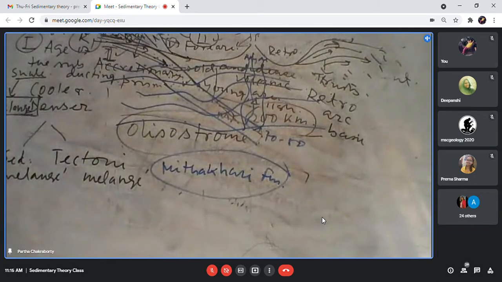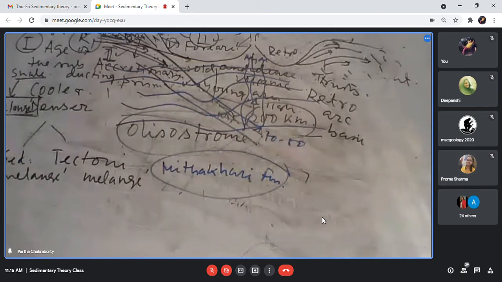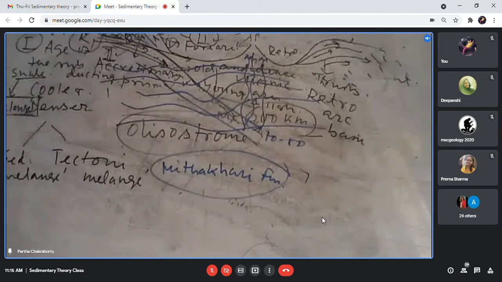And how will magma not come out? Unless there is volcanism, how will magma come out? Isn't it? Yes, sir. So I do not know. See, I am not an igneous petrologist, so I do not know the answer. You people will tell me the answer, how mid-oceanic ridge ophiolite and back-arc ophiolite are distinguished.